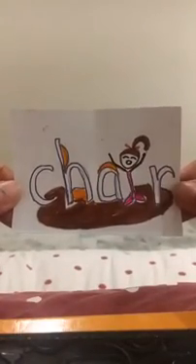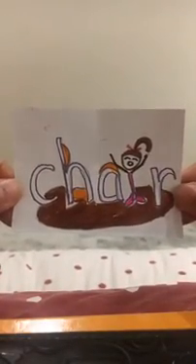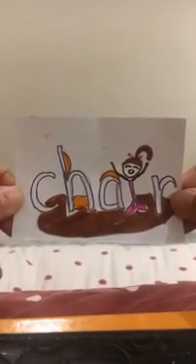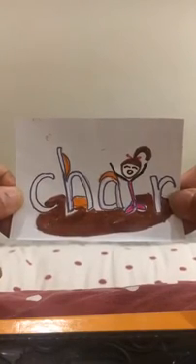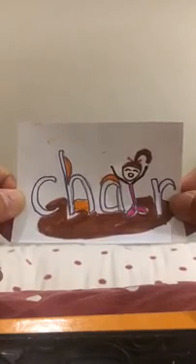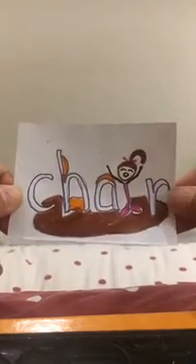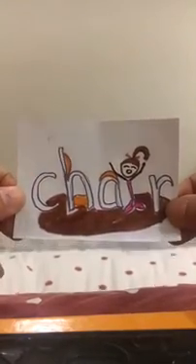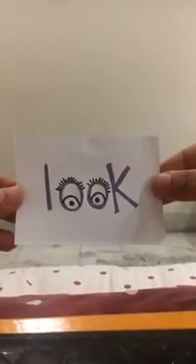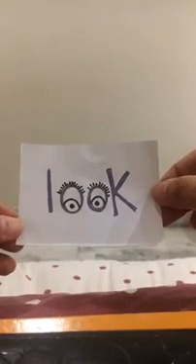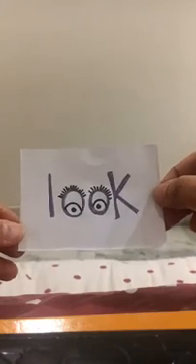Chair. So as you can see, the H I have put on top and made it a chair with that cushioned backrest, and hence the word chair, and the I I have made into a girl who's resting her arm on the alphabet A, which could be another back of a chair or anything like that. So that's chair. Look. Now this is easy because you're seeing with your eyes. So I've drawn two eyes with eyelashes in the middle to learn the word look.